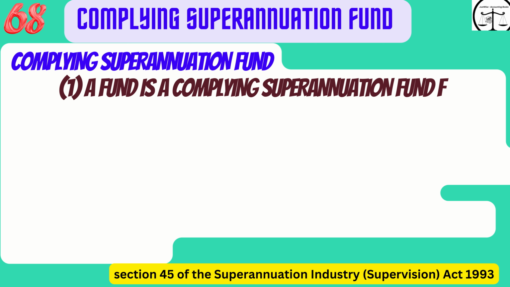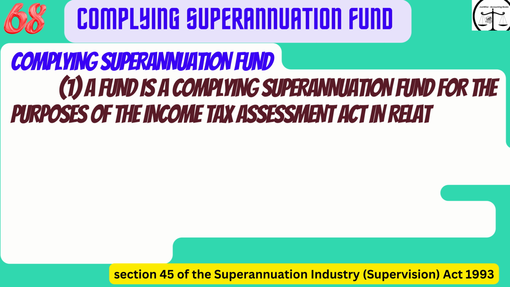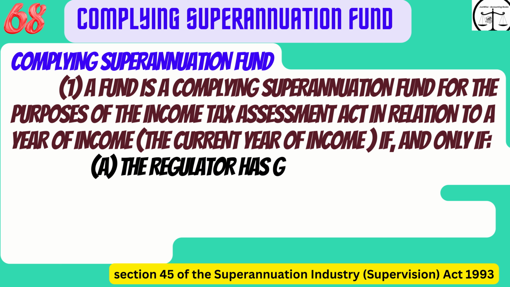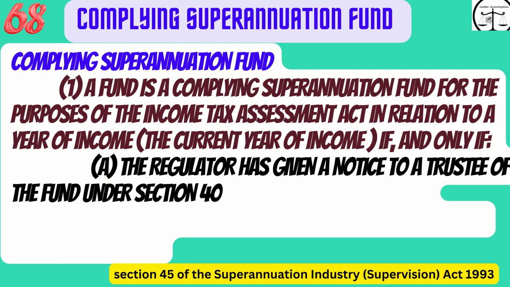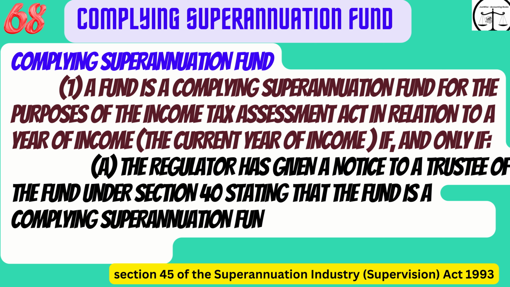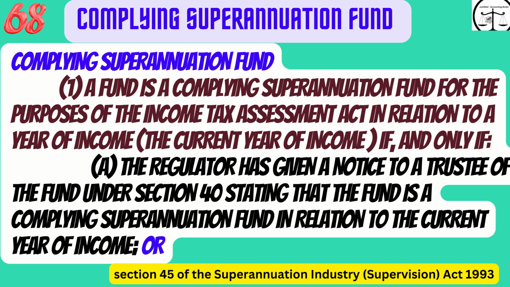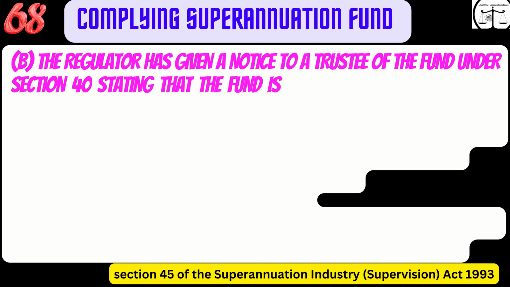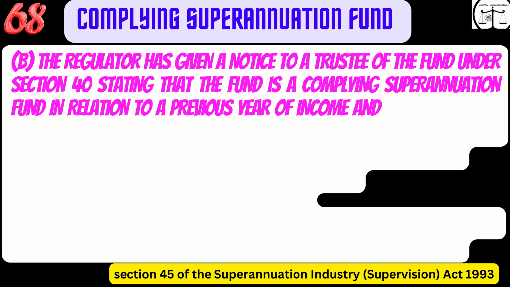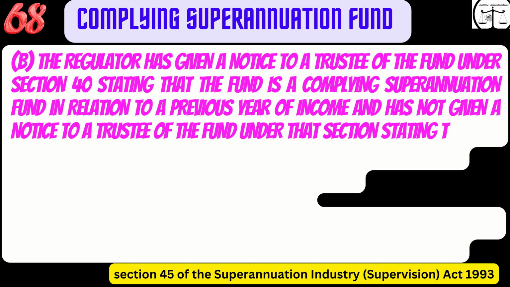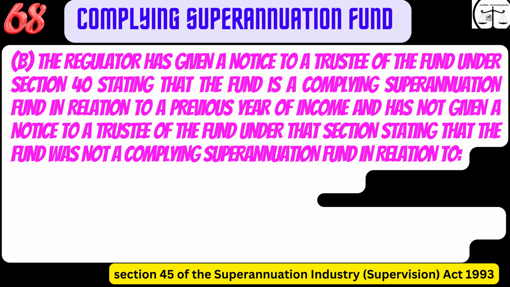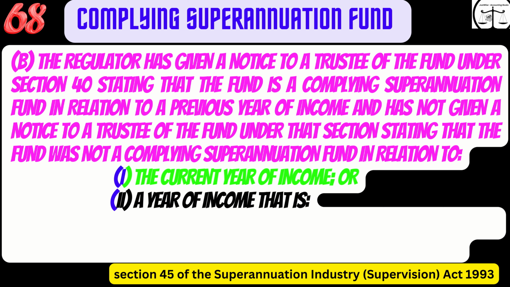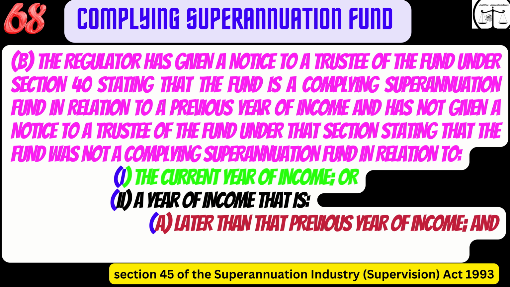A fund is a complying superannuation fund for the purposes of the Income Tax Assessment Act in relation to a year of income, the current year of income, if, and only if A. The regulator has given a notice to a trustee of the fund under Section 40 stating that the fund is a complying superannuation fund in relation to the current year of income, or B. The regulator has given a notice to a trustee of the fund under Section 40 stating that the fund is a complying superannuation fund in relation to a previous year of income, and has not given a notice to a trustee of the fund under that section stating that the fund was not a complying superannuation fund in relation to 1. The current year of income, or